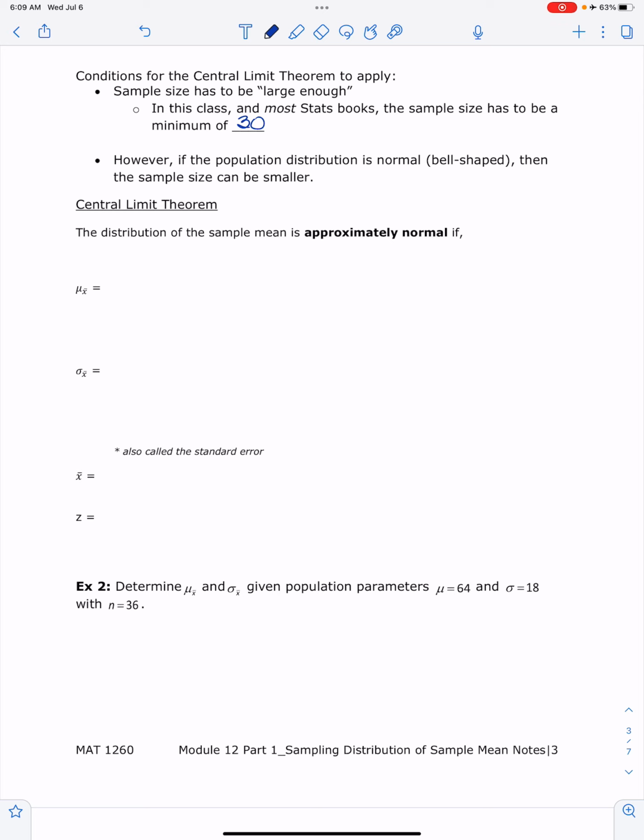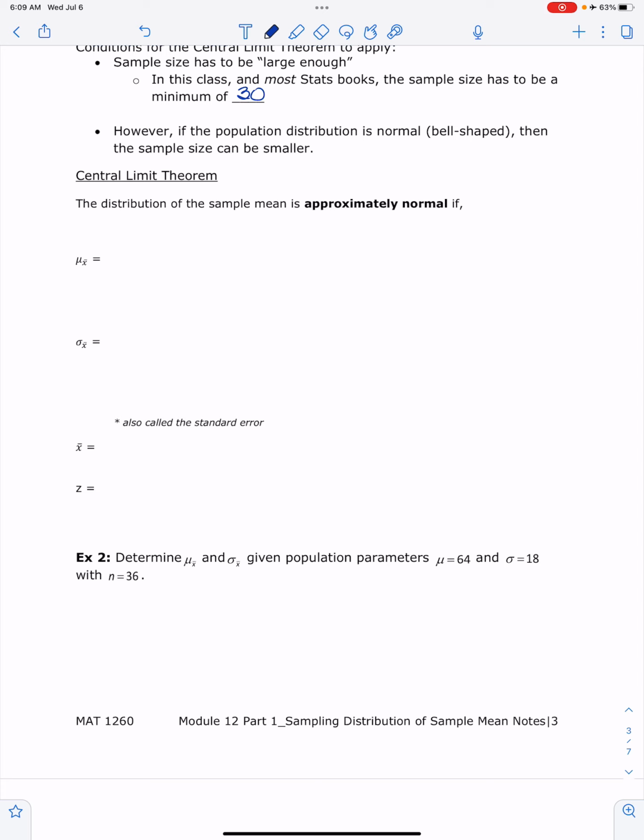If we start with a distribution that is already normal, then that sample size can be smaller. Now be careful. We are talking about the size of the sample. We are still taking every possible sample of that size when we consider the distribution. These are not the number of samples. Okay. So the central limit theorem